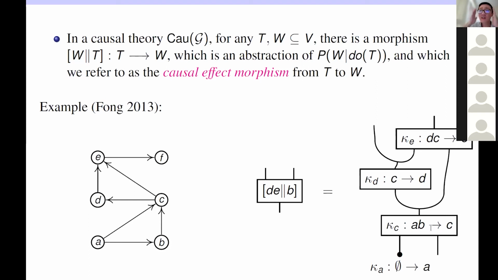So the key idea is that, in the DAG-based causal model, especially the causal-based network, the causal effect, the causal process, no matter which variable it goes from to other variables, is in the end all composed of the basic causal mechanisms in some way, with the help of duplicate and discard if needed. Okay, so that's the